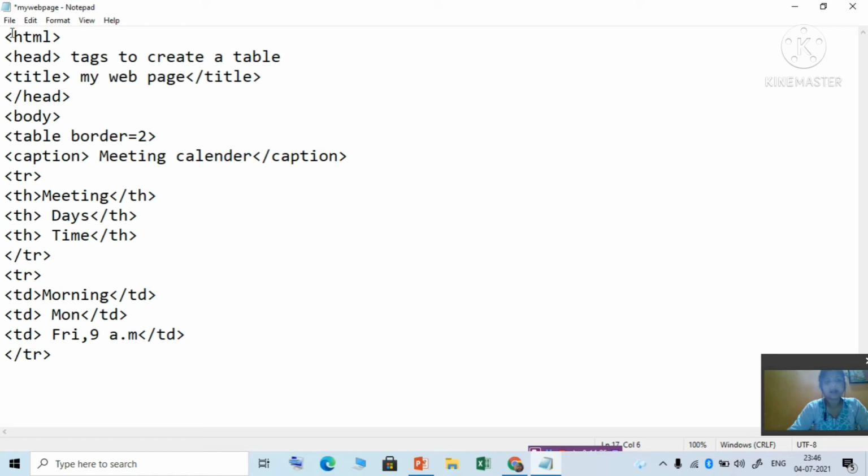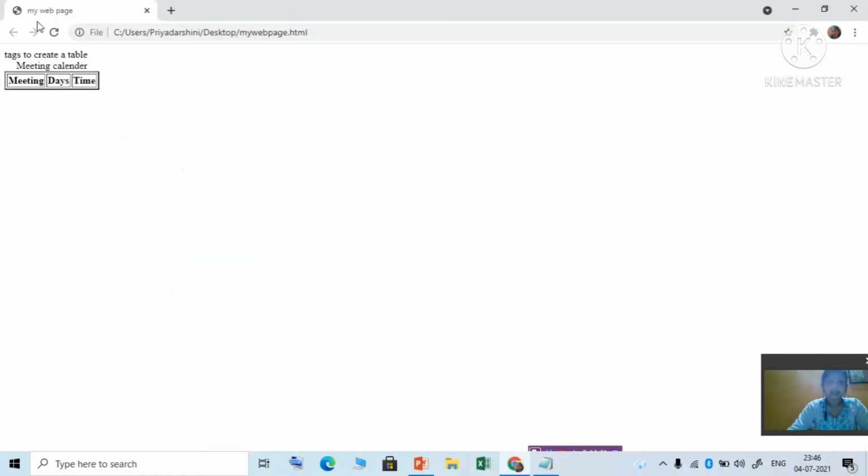One more row I have added. Let us save it. Every time you add something, you have to save it. And then again, you have to refresh it or press F5. So another row is added. Clear?